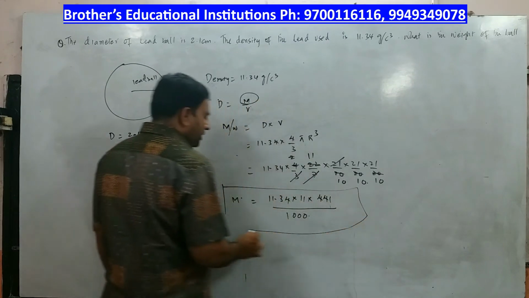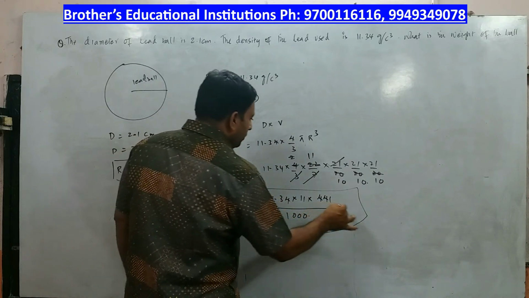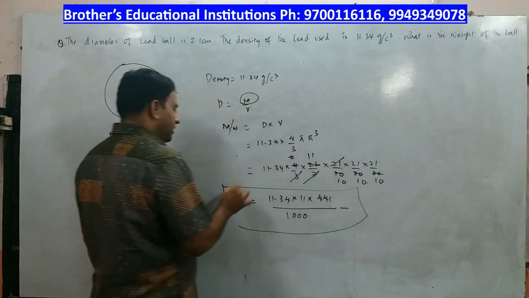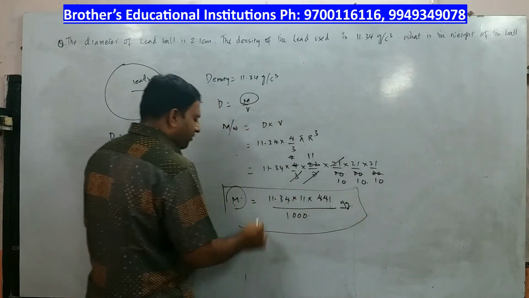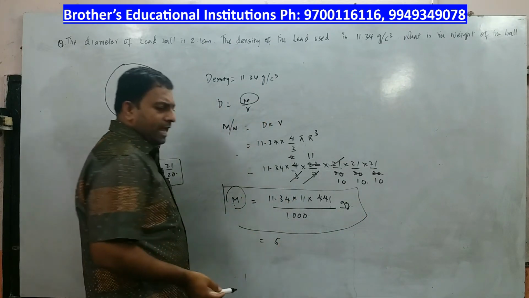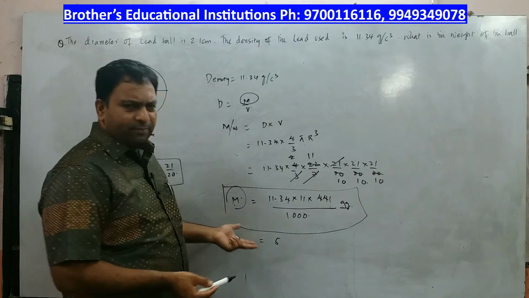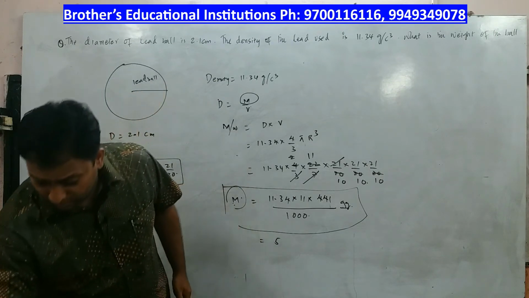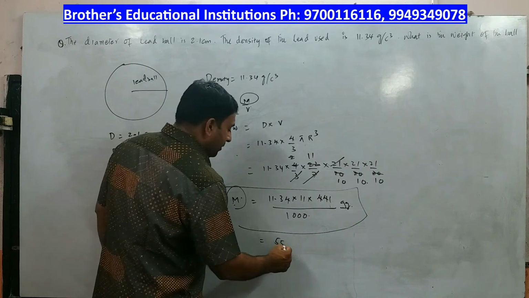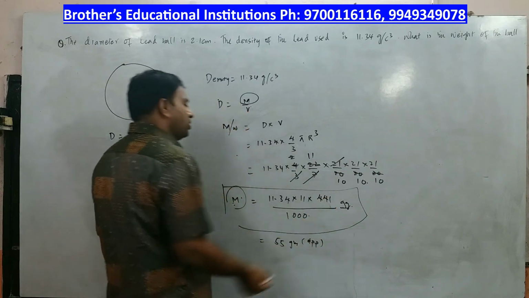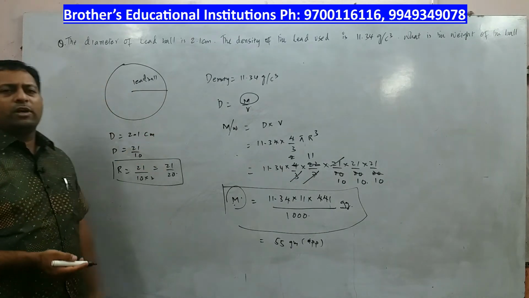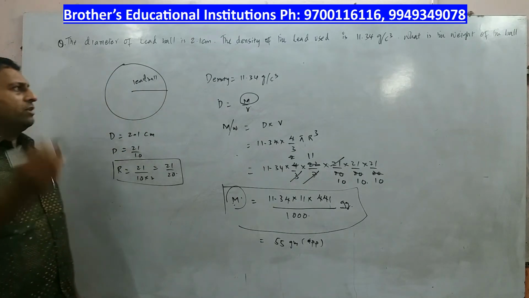Therefore, the mass or weight is equal to so many, what is the unit? You are dealing with mass or weight, so it will be so many grams. Approximately after simplification, I think the answer may come to around 55 or 53 grams. Let me see the textbook, because approximately the answer will be 55 grams. So you do that simplification job at home and try to understand what is being done in the problem, and we'll go to the next question.